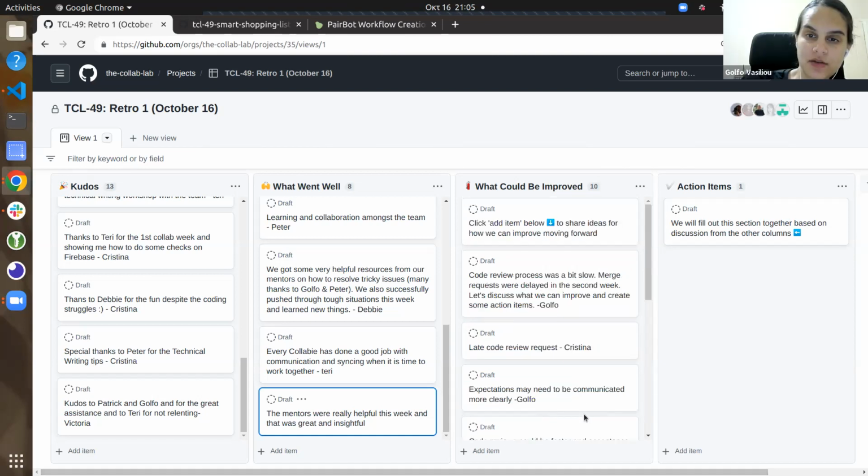And now let's check what could be improved. So for me, I felt the code review process was a bit slow and not so well organized. And the merge requests were delayed in the second week. So we didn't follow our timeline. And let's discuss what we can improve and create some action items. About the timeline,